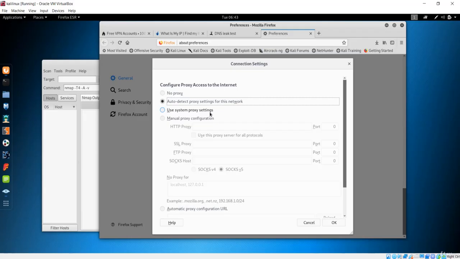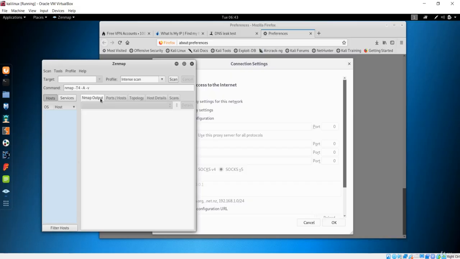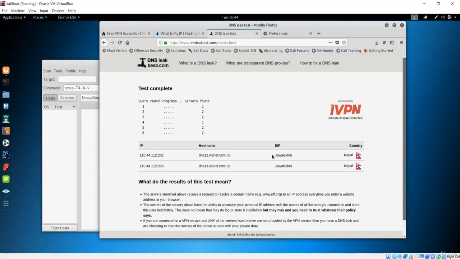But in the case of proxy chains, this is important. In the case of proxy chains, everything you do on this machine will remain anonymous. So that is a very important part of the proxy chain. We could even see that in this browser. In the VPN case, the DNS was leaked, but we'll now see in a minute how this is rectified using the proxy chains.